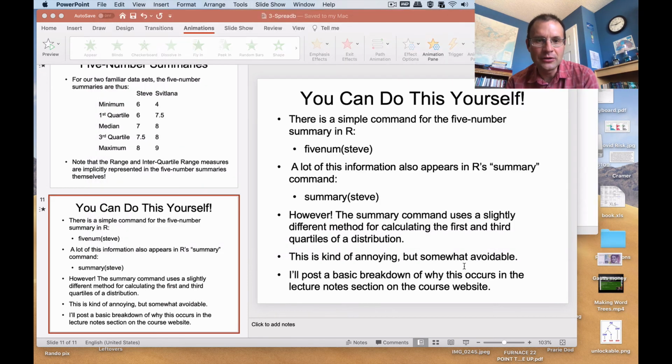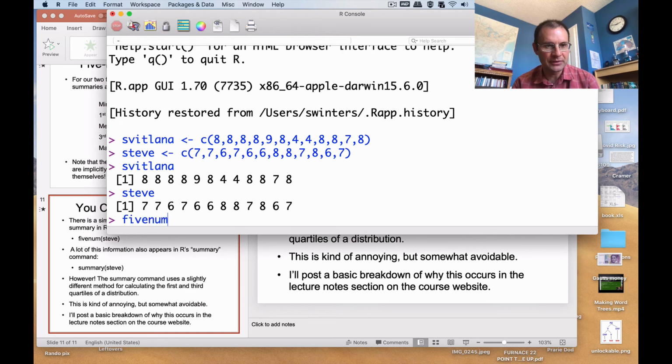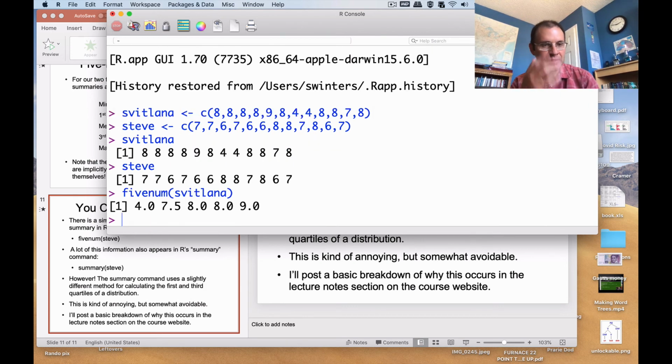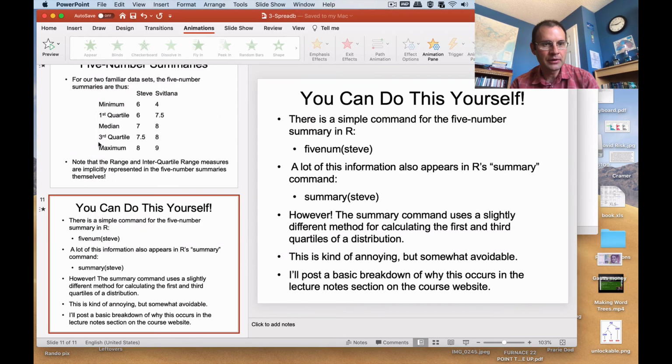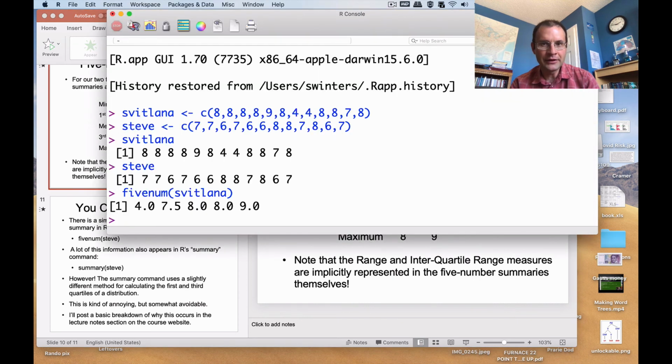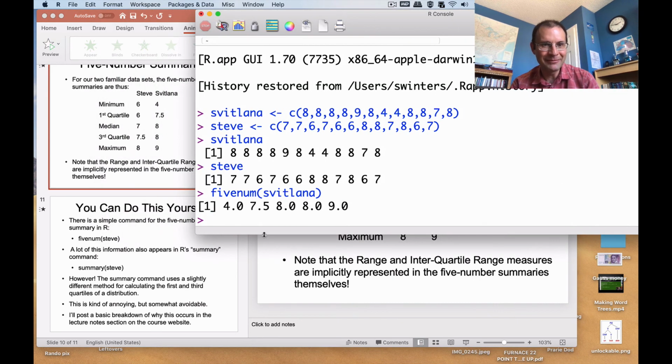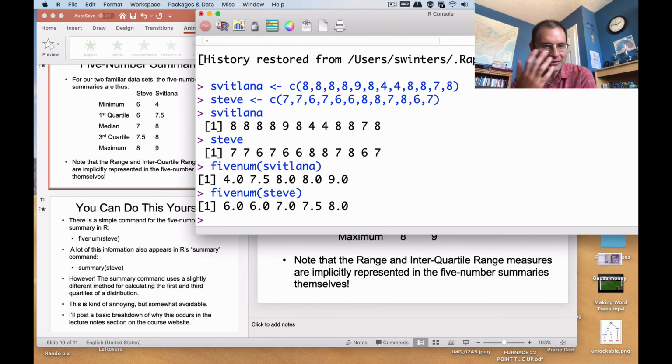But what I just want to show you is there's two different ways to look at the five number summaries. So if I just say fivenum and then put Svetlana in parentheses, this gives me that information I just showed you on the previous slide, the one right here, right? Hopefully you can see that that matches up pretty well. And then there's also a similar command you can input for the Steve data, and that matches up well there